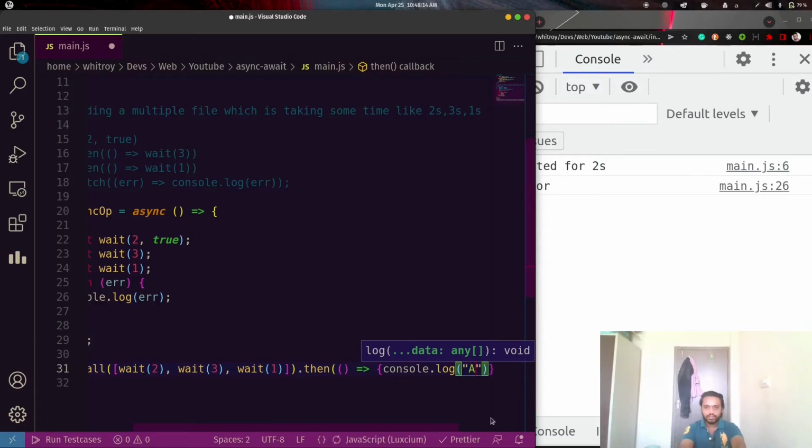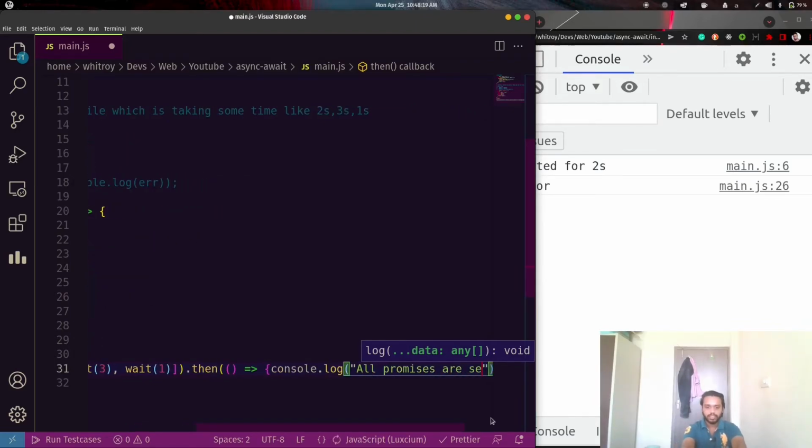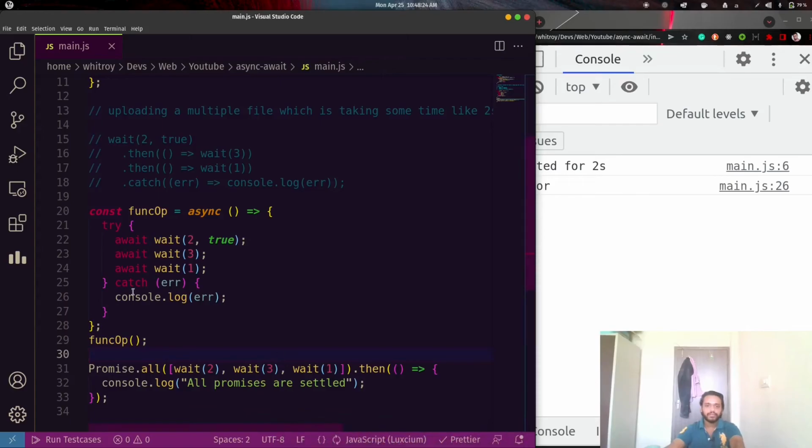So what does promise.all do? It calls these promises independently. All these promises are independent of each other and run independently. So overall it takes the time of the promise which takes the maximum time. In this case the maximum value is 3, so the complete thing is going to take 3 seconds.